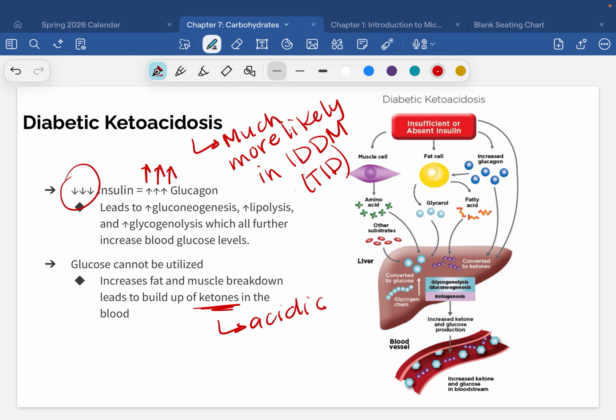Now, the good thing about all of this, and the reason that we talk about stuff like this, is because type 1 diabetes and type 2 diabetes and gestational diabetes can all be managed and treated. There was a time when that wasn't true. Okay, type 1 diabetes wasn't treatable until probably less than 200 years ago, maybe 120 years. I don't know the exact numbers, but maybe like 120 years ago.